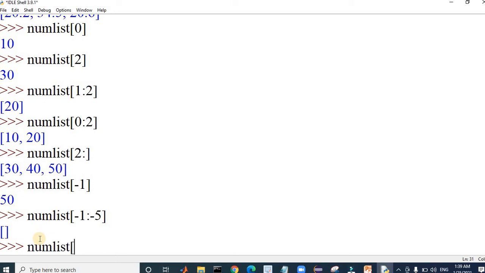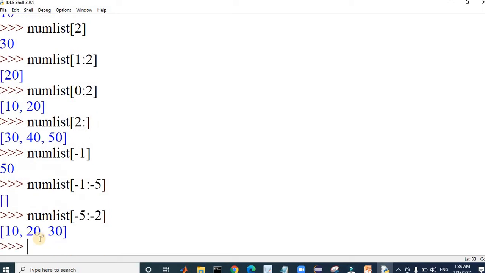We would like to print from -5 to -2. From -5 to -2, there are three elements: 10, 20 and 30. That is, from the starting, -5 is the index of the first element in the list. So 10, 20 and 30 are printed. So this is how we can work with different numLists.